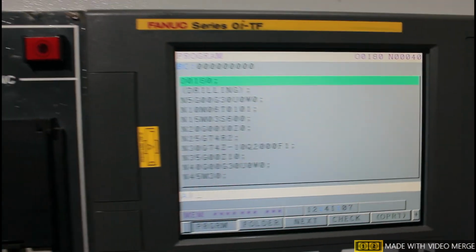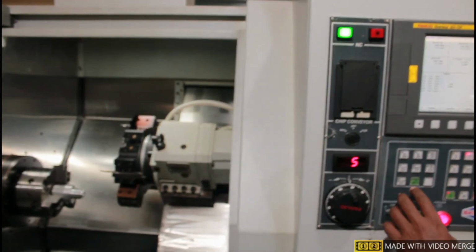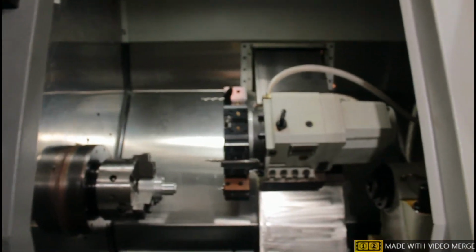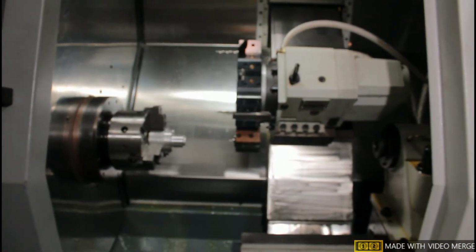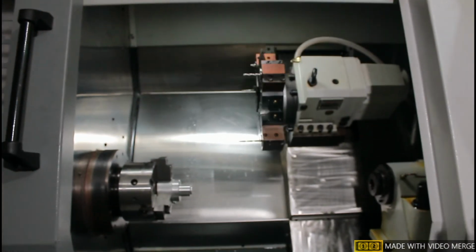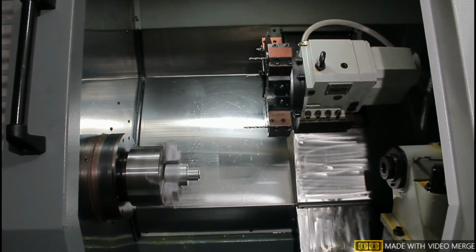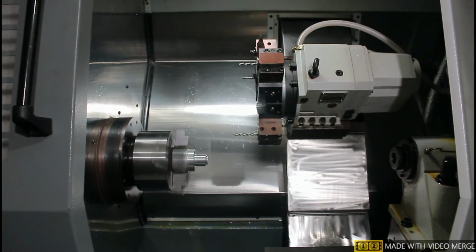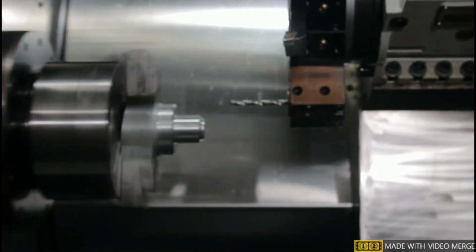See how these commands will execute. See, now the tool is going to its home position, and M06 tool changing. This is for rapid positioning.